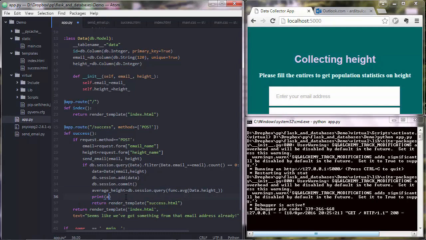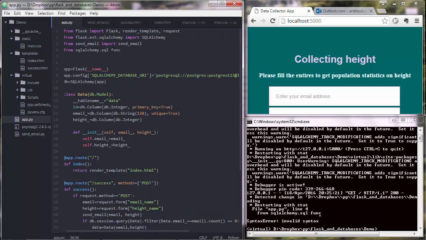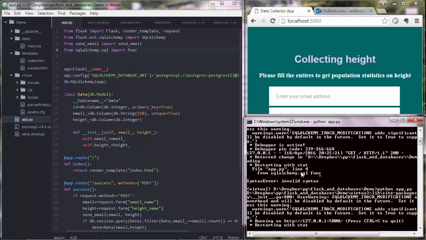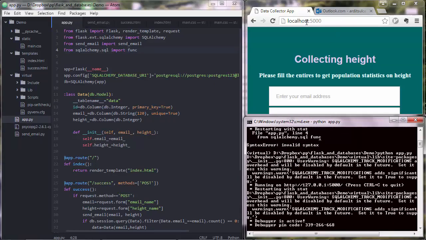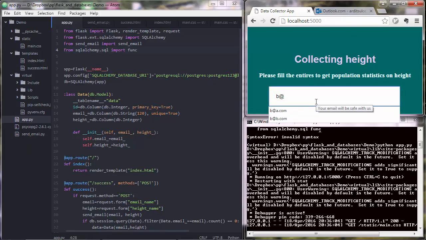So print average height, save the script. Yep, I have an invalid syntax there. You probably noticed that I didn't write import here. I didn't notice that. And try again. Now it's working. So maybe reload the page, and let's just enter some dummy data there. We just need to know this print function is producing the correct output. So p.com,